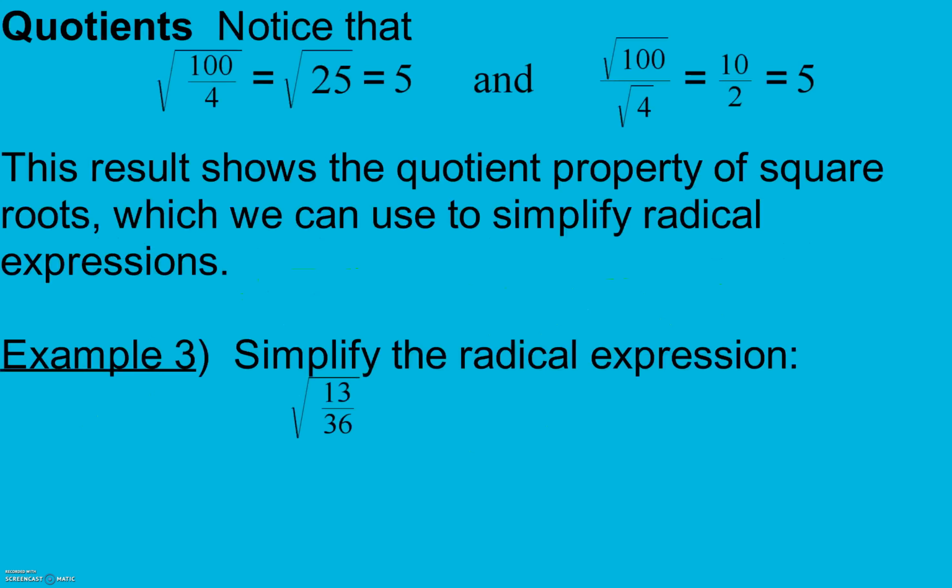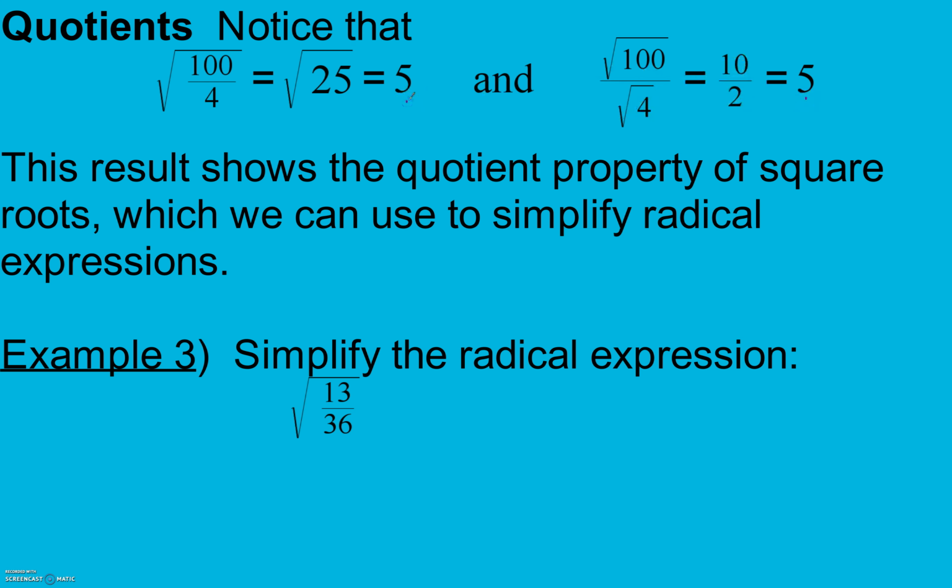The same relationship exists if we're finding quotients. So I can take the square root of 100 divided by 4, and remember we do whatever's inside our square roots first. That gives me 25. The square root of 25 is 5. I could also take the square root of 100 and divide it by the square root of 4. Square root of 100 is 10, square root of 4 is 2, and when I divide those, I get 5